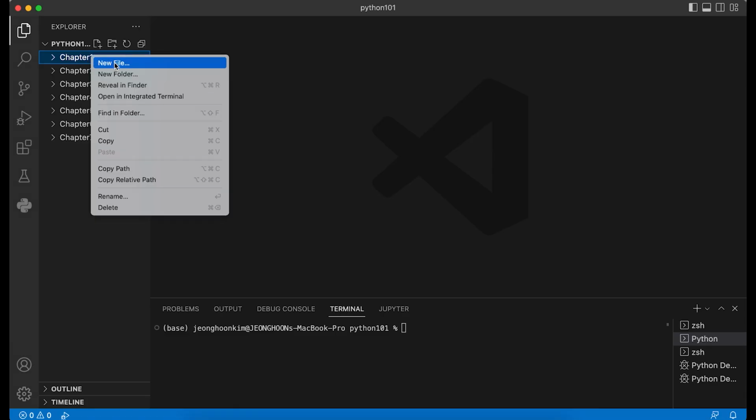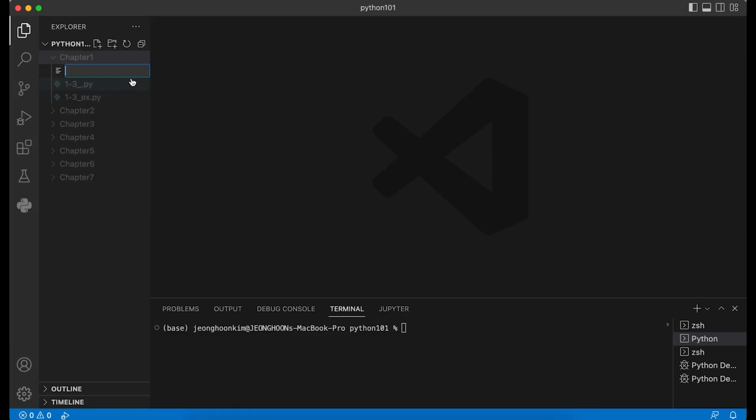First, you can create a new file. Then you can save it with whatever name you want, for example example.py. You need to be careful that you end your file name with .py, so that VS Code can understand this file is going to be Python code, and whatever is inside will be treated as Python code.